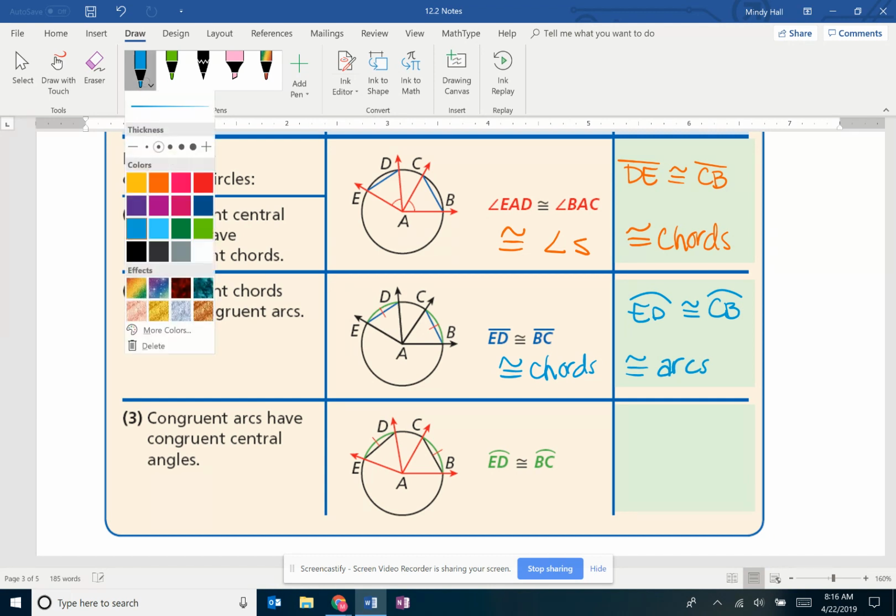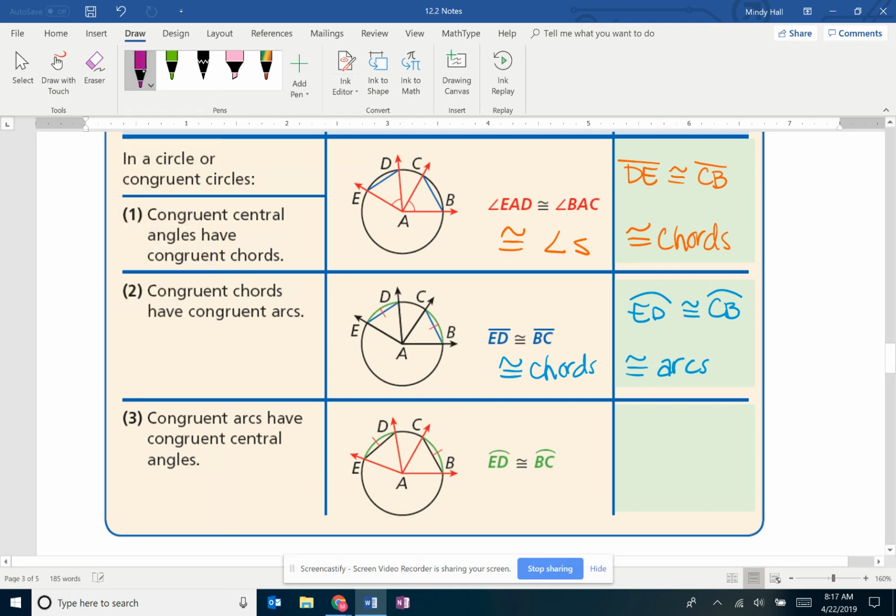So then, last but not least, we have congruent arcs have congruent central angles. So we know that arc ED is congruent to BC. So that's our congruent arcs. And because those are the same, then I know their central angles are what the arc goes to. So angle DAE is congruent to angle BAC. So congruent arcs make congruent angles. All right. So going on,